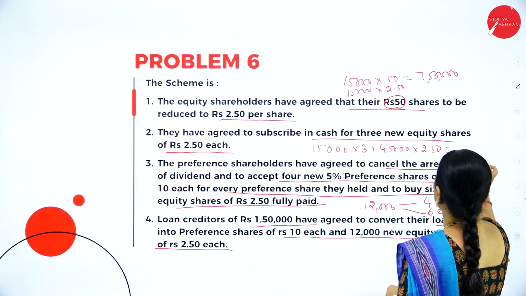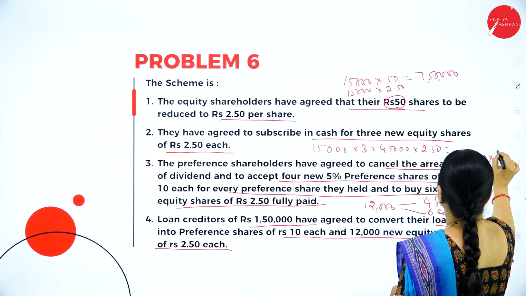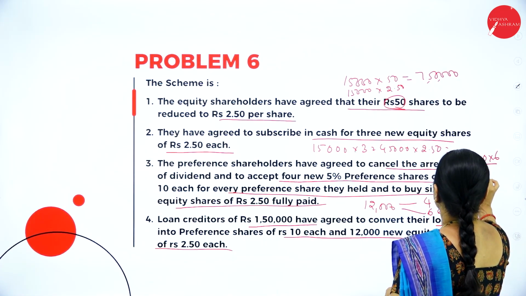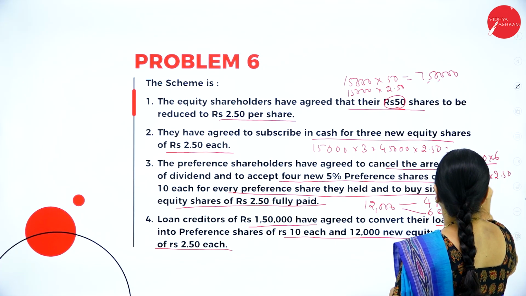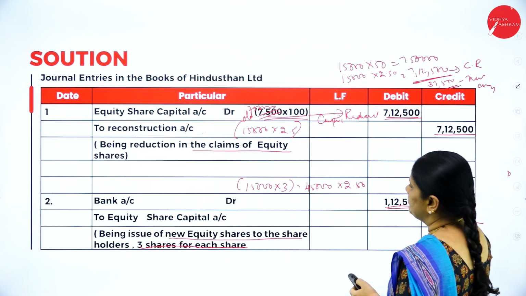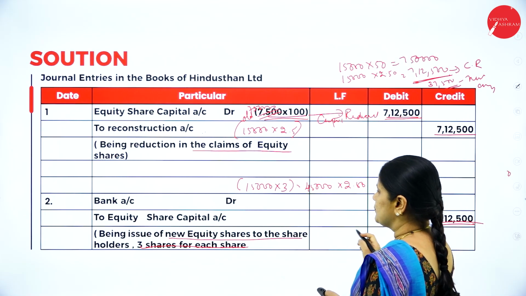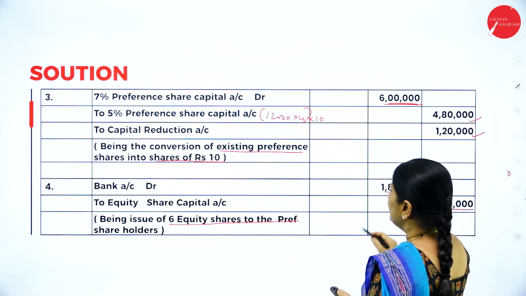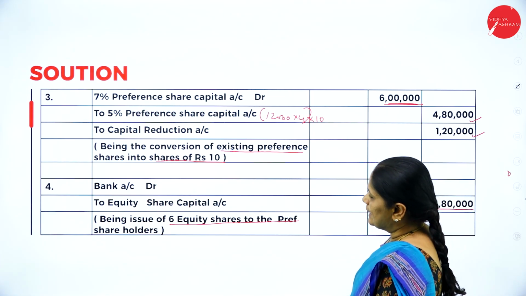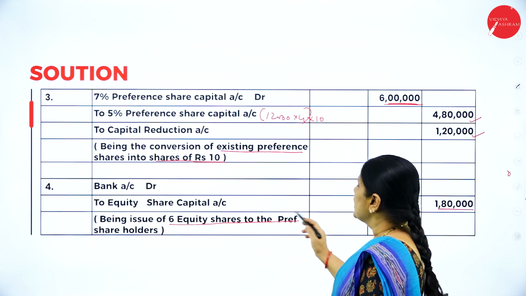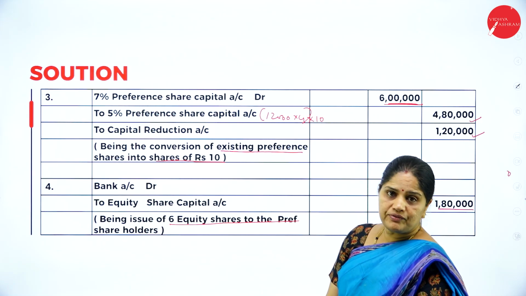That will be 12,000 into 6, that is 72,000 into 2 rupees 50 paisa. So that will be 1,80,000 and to equity share capital 1,80,000 being issue of 6 equity shares to the preference